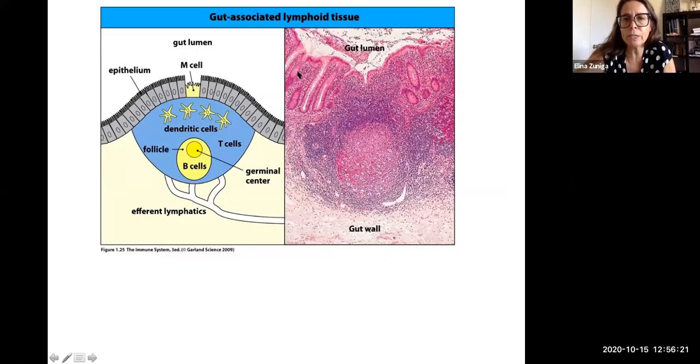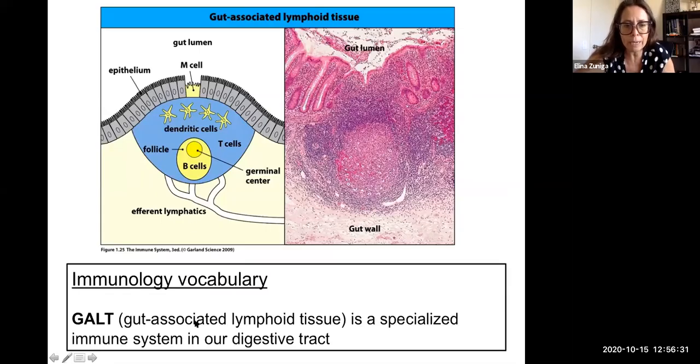And then we have other secondary lymphoid tissues that are the gut-associated lymphoid tissues. Basically, these are specialized immune system sites that are in our digestive tract. And you can see here they are underneath the epithelium of the gut. And again, as other secondary lymphoid tissues, they have B cell zones and T cell zones, here depicted in yellow